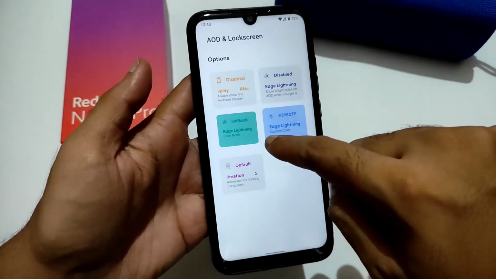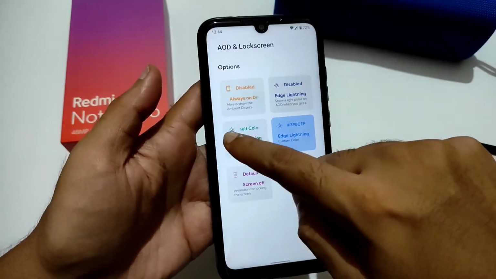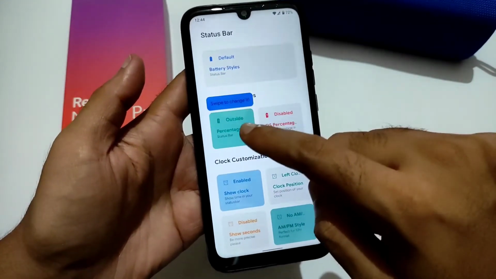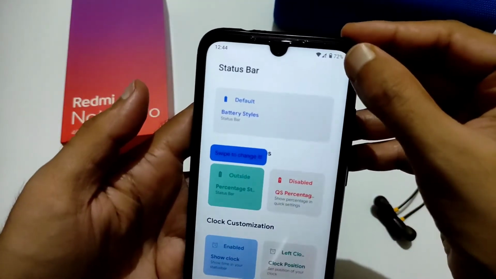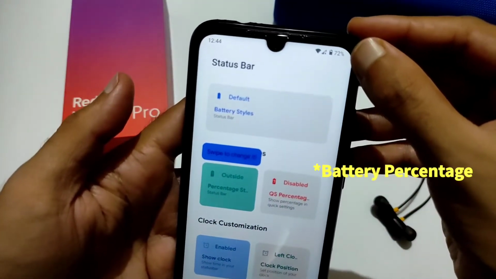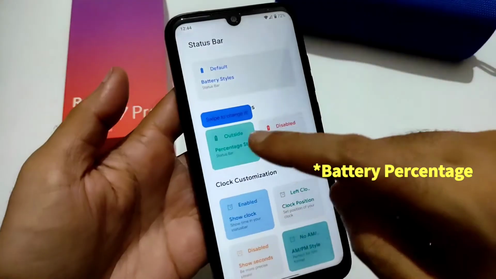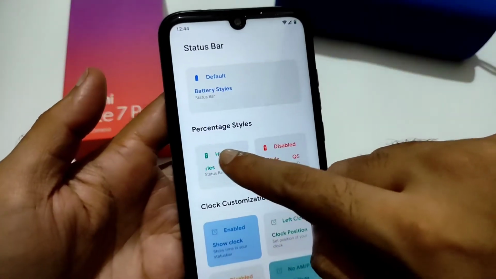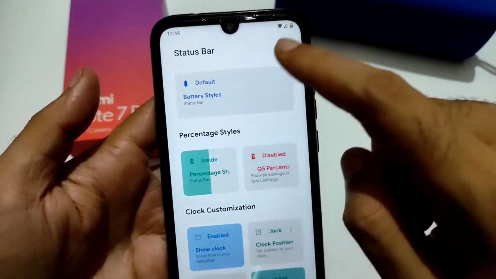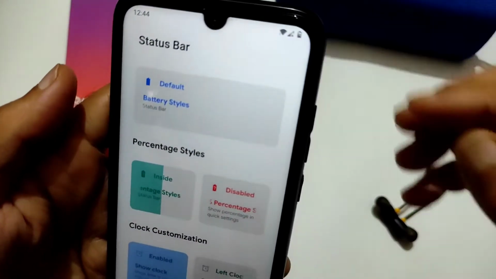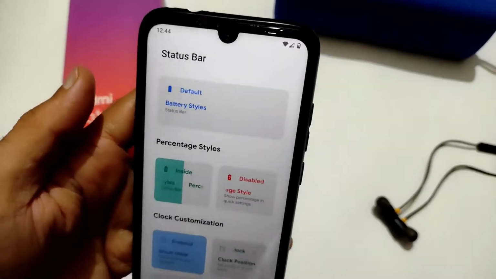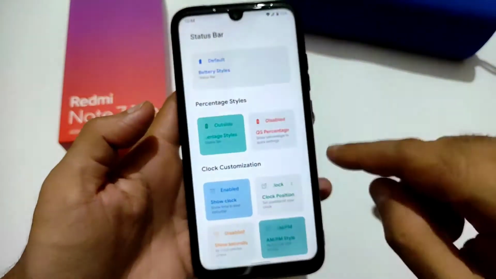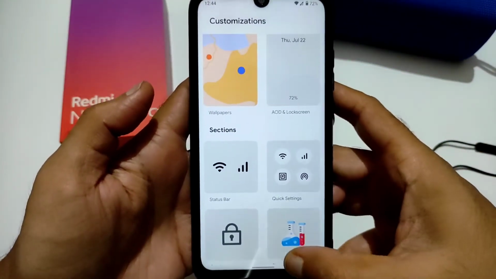As you can see, if you change here, it will change the options like that. For example, let me go to status bar. As you can see, now the battery temperature is outside, and if I swipe here, now it's hidden. If I swipe like this, it's inside the battery icon. Let me show you whether it focuses or not, I don't know. Okay, like this you need to change these settings of this ROM.